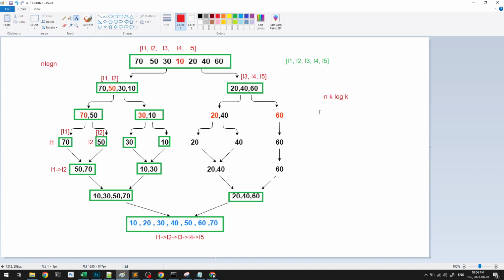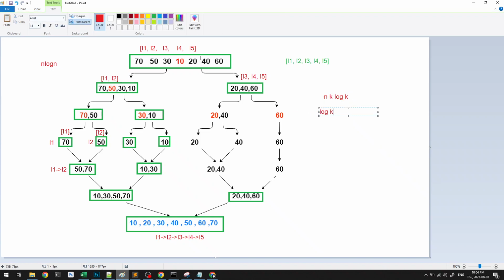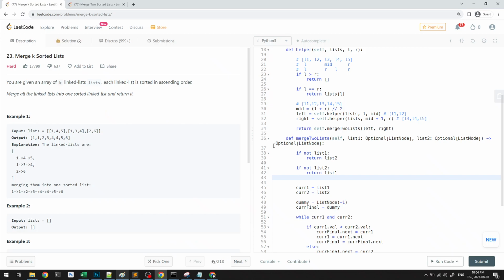In terms of space, it would just be log k because we're not storing anything. We're just recursing downwards and we're doing that in terms of log k. That would be the space and time complexity. Okay,